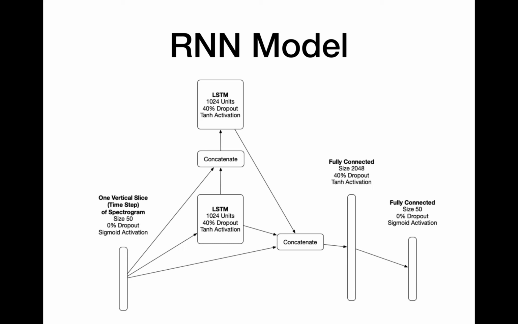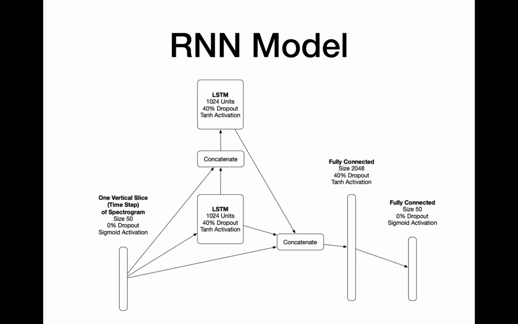Here's the model at each vertical slice, which is a time step in the spectrogram. It's first sent to an LSTM layer with 1024 hidden units, and then that's concatenated back with the input and sent to a second LSTM layer of the same configuration. Then both of the LSTM layer outputs along with the input are all concatenated together and sent to a fully connected layer of size 2048,